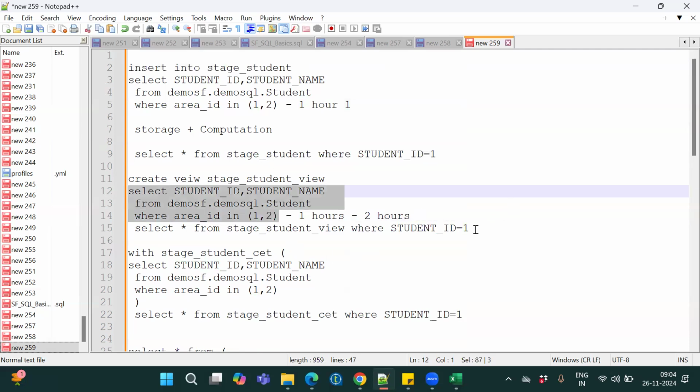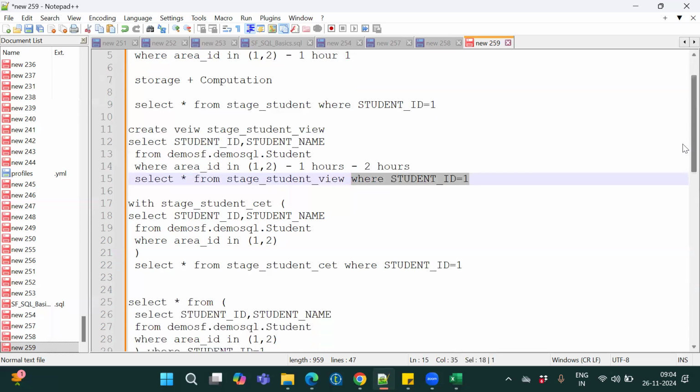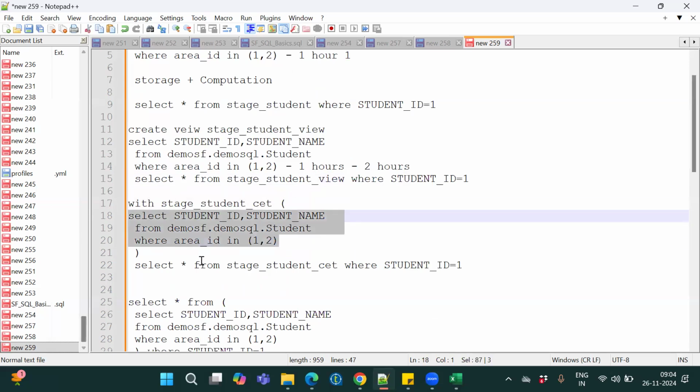After that, you are running a where condition. So it will take some minor difference you can find. And this is also same. First it will fetch the data, and then it will pull the data. But the thing is, when compared to these two,